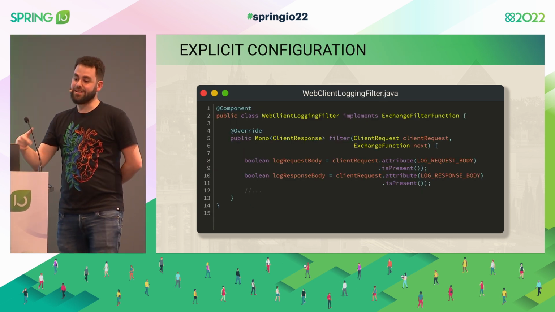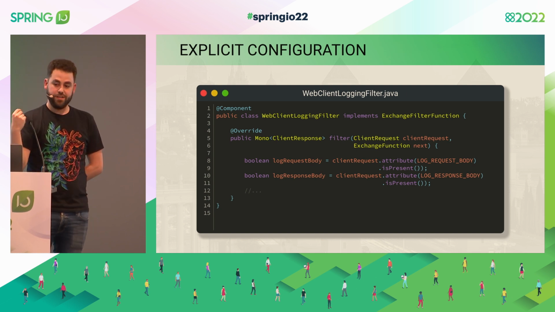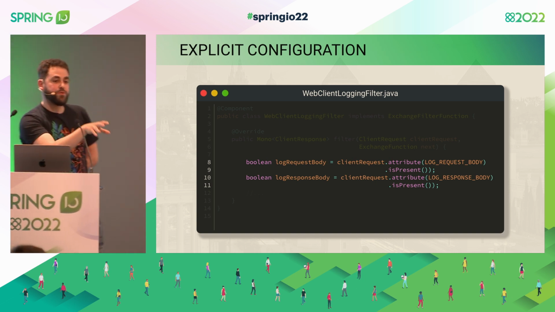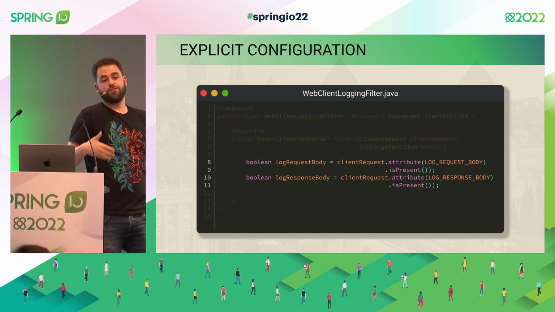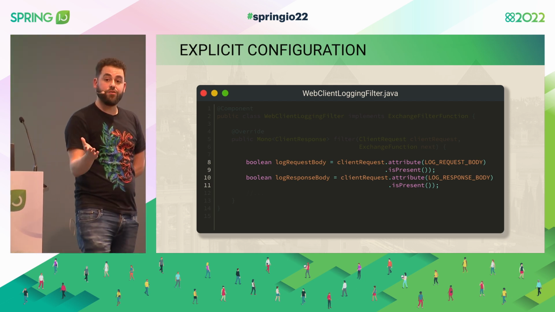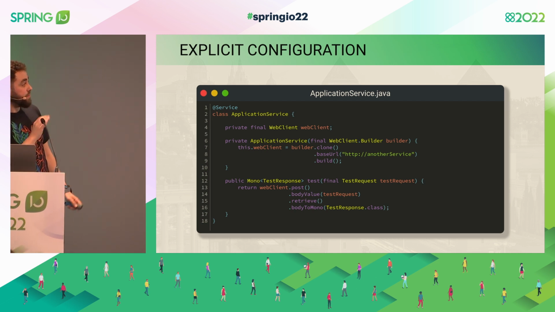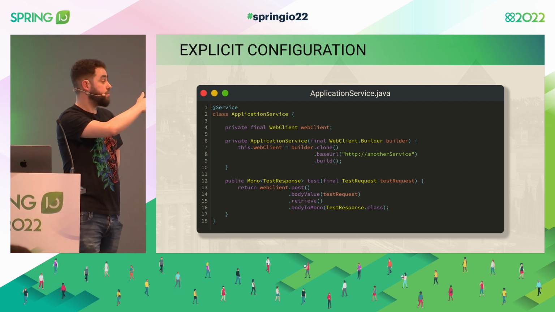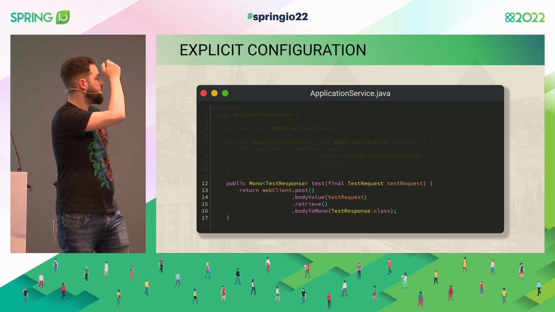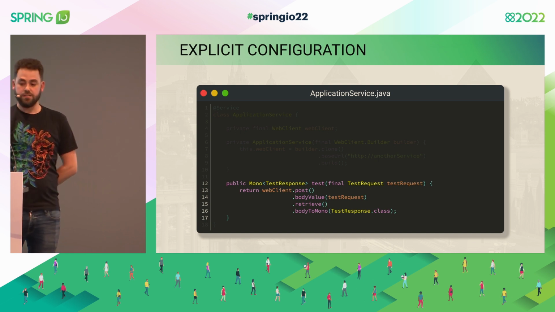And then from the interceptor itself, the ExchangeFilterFunction that is intercepting the call and doing the behavior, I can say, OK, let's see. Is the attribute present? Yes, no. If present, I know I have to log the response body or the request body. Otherwise, I know I don't have to. And that's it. It's super clean. And from the code, it would be the same. In this case, I don't have to go to the builder itself. But as I'm building the request, and I'm saying I want to do a post, I want to send this body, just give it as a test response class instance.